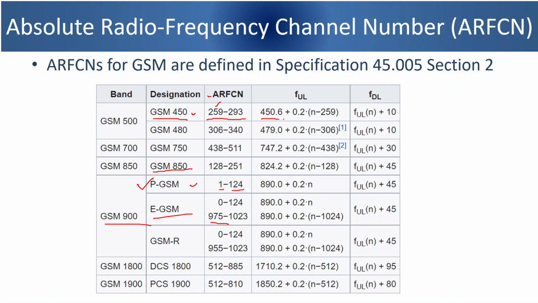So this is the formula you can use to calculate the uplink frequency, which is 450.6 plus 0.2 times (n minus 259). Here n is the ARFCN number. So I said 259; 259 minus 259 becomes 0, multiplied by 0.2 also becomes 0. So that means this is the uplink frequency. In my example, the uplink frequency is